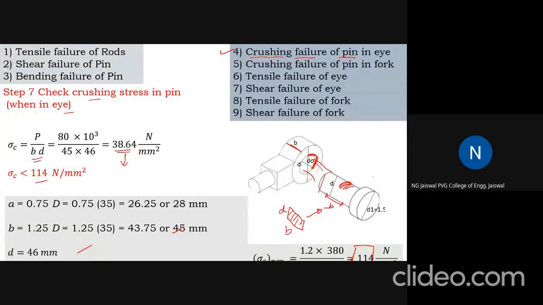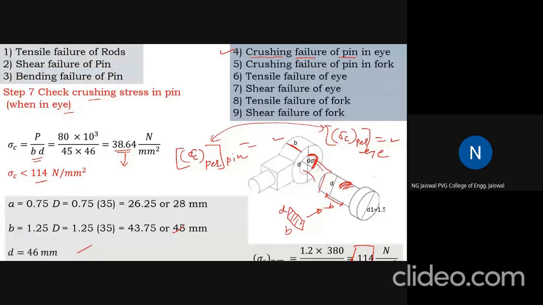See, at this point, I want you to be aware of another change one can have in the problem. You can have a problem in which the permissible compressive stress of pin and the permissible compressive stress of I can be different values. Mind well, these two can be different values. Here, since the material of all components is the same, these are the same. But in rare cases, these two values can be different.